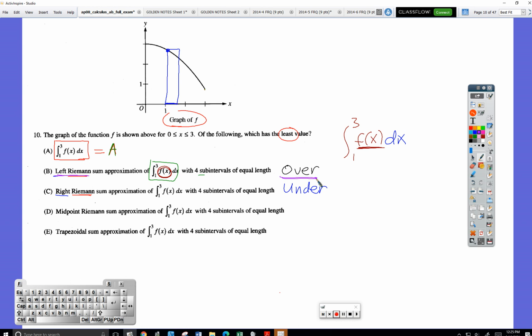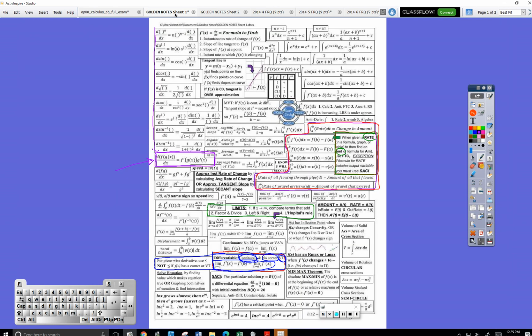If you look at your golden notes, I have some notes that help with that. Right over here, there's a box that shows the 4 different ways you're going to be asked to compute integrals: use your calculator, do antiderivatives with the fundamental theorem, use areas, and do Riemann sums. Then I have the note that Brian asked about. I wrote down, if f is increasing, the left Riemann sum is an underestimate. And then from there, you can just come up with whatever rule you need.